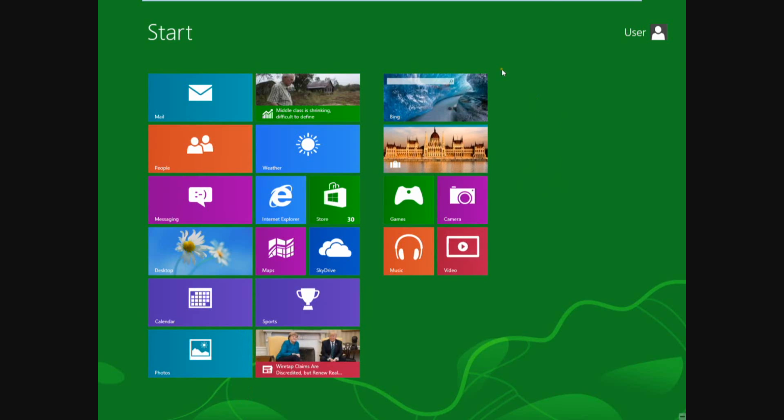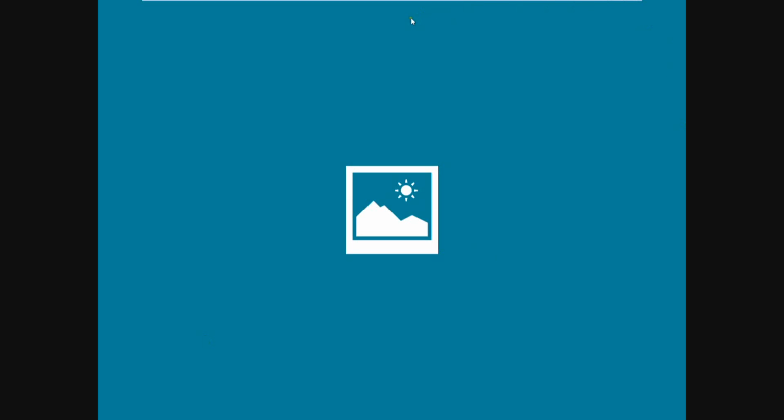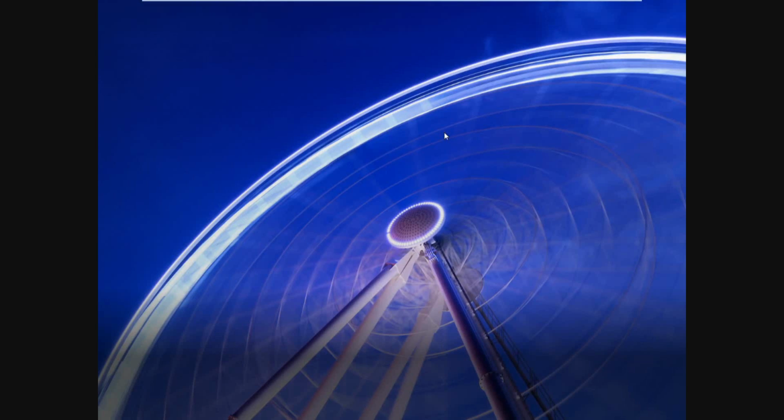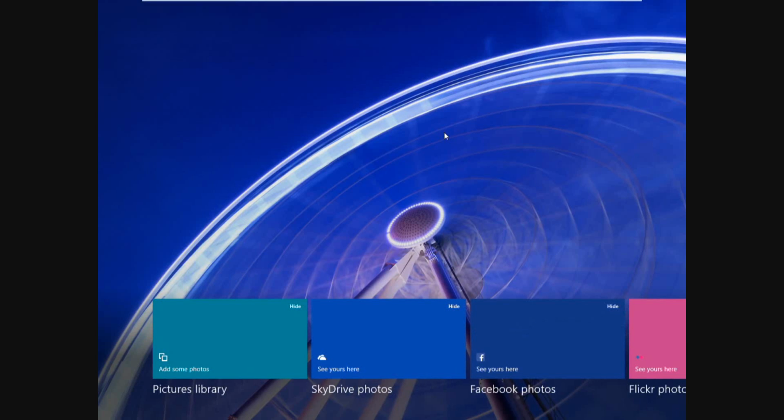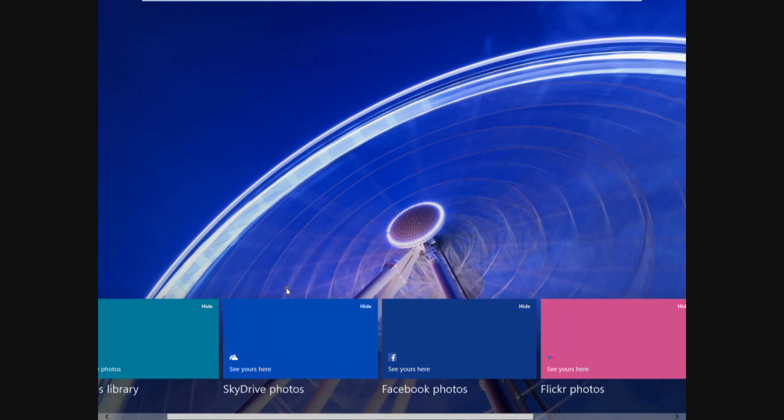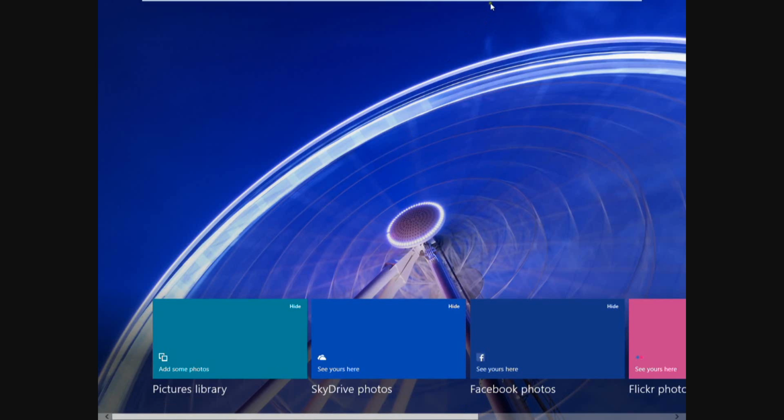Let's say, for example, let's launch a random app. I'm just trying to think of something to launch here. How about Photos? You see every app is full screen. The apps are full screen, unlike in Windows 10 where they are windowed. That was the biggest improvement I could do. This is back when OneDrive was still called SkyDrive. And here's another funny thing is,